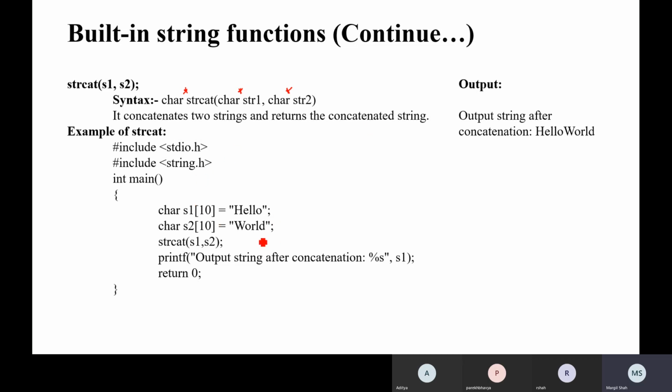So with hello and world, when we call this, the output string after concatenation is helloworld without a space, because a space is not there in the input. It is easy to deal with strcat concatenation.